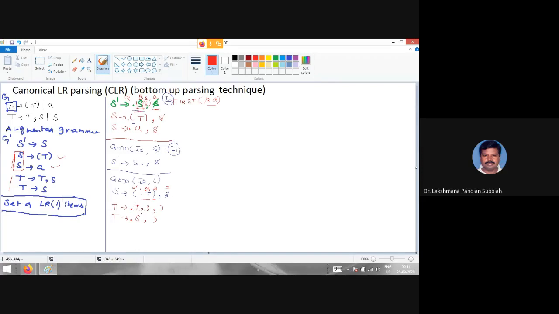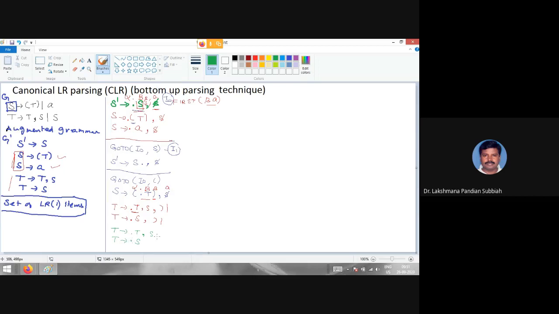Now you see that after the dot we have T, so once again you have to repeat. Instead of repeating, you find out the lookahead for this case and add it. Because after the dot you have T, you write again T derives T comma S and T derives S, and put the dot in front.